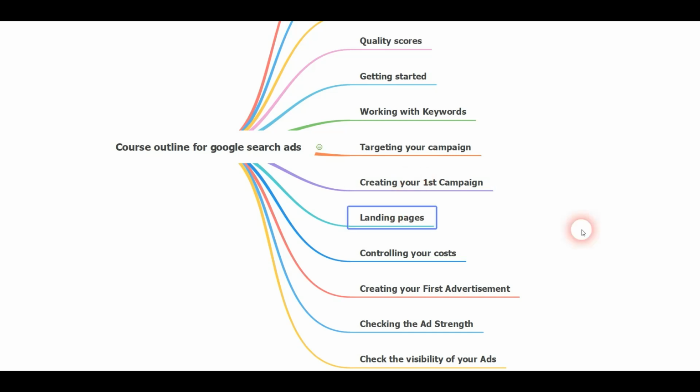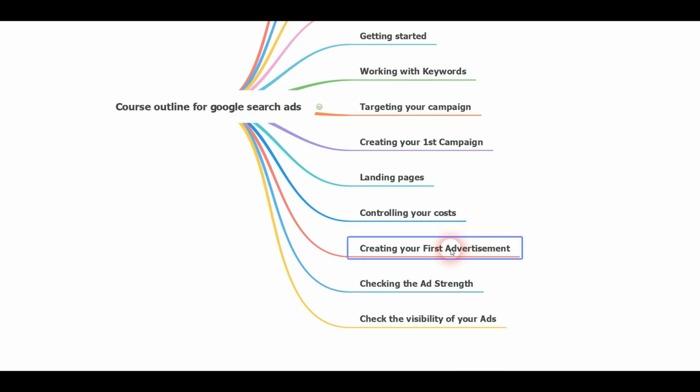Then we'll learn the important factors that we need to understand before creating a landing page for our advertisement, because in a lot of advertisements I have seen, people don't create a particular landing page, which disrupts the customer cycle. So we'll be covering that also. We'll be learning how to control our cost, we'll be defining our budget, and I'll be teaching you how to set your automatic budget or your manual budget.